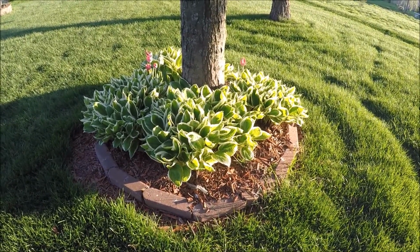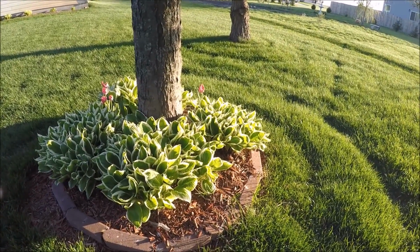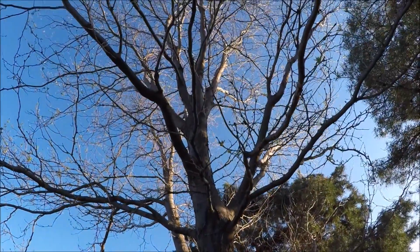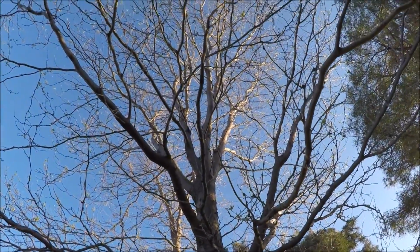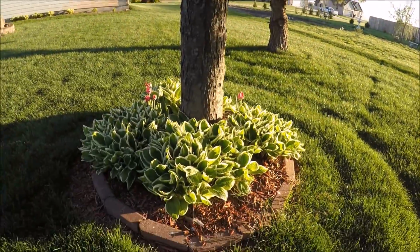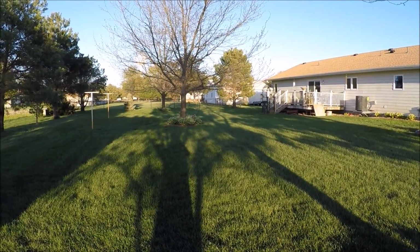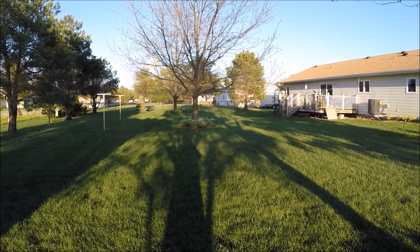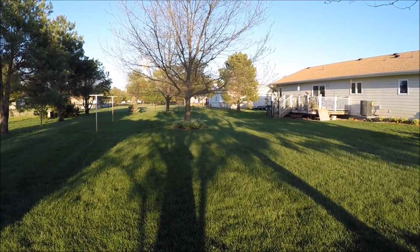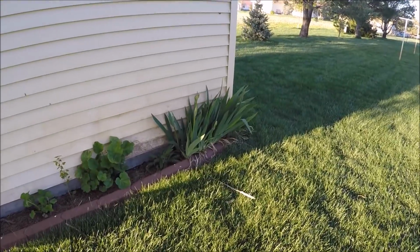Here's some more hostas and a few tulips around the tree. This is a honey locust tree. There's another tree with hostas and tulips. I get a better shot at those tulips because they're a little different. They're kind of cool. And against my shed here,